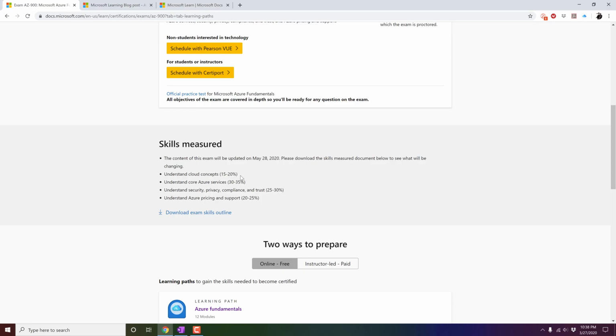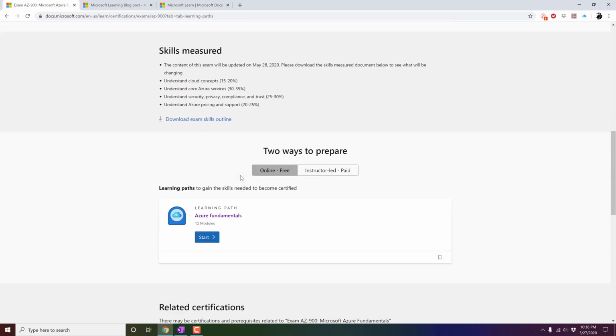Now if I go a little further down, you can find that online trainings are provided by Microsoft as well. If you click start, it will show you around 12 modules, and each module has around 8 to 10 videos. If you follow those videos, I'm sure it will be helpful, but it's not enough to have complete knowledge about this certification.